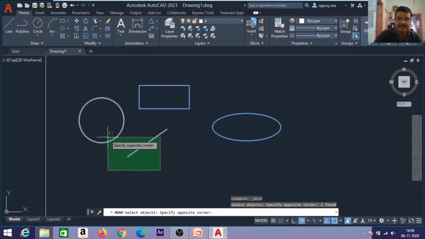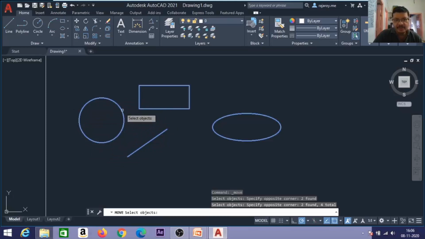I am using crossing. I want to add only the line, but unfortunately this circle is also selected. I want to remove that circle from the selection set. For that, you can go to the remove objects prompt. Instead of select objects, you can change it to the remove objects prompt. For that, you press R. Here, observe, I am typing R, enter. Now it has changed to the remove objects prompt.